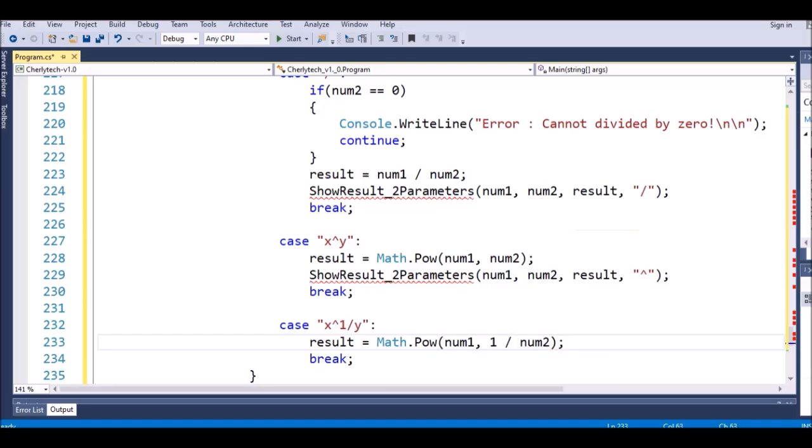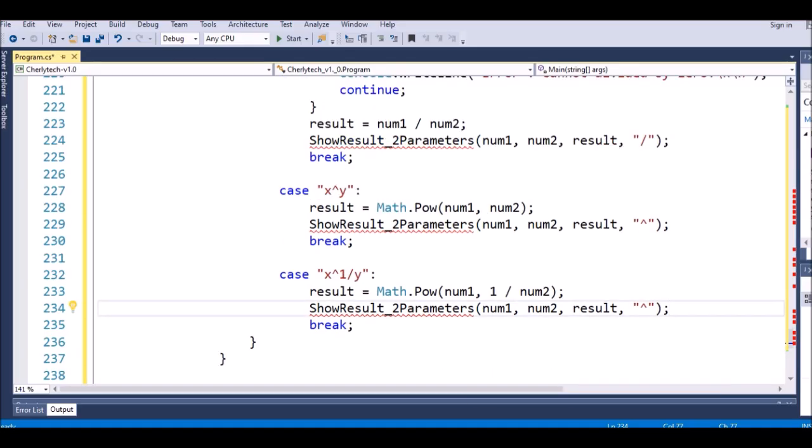Okay, so after that we have to show the answer. Use the method show result two parameter. Here we change this to be like this. Okay,